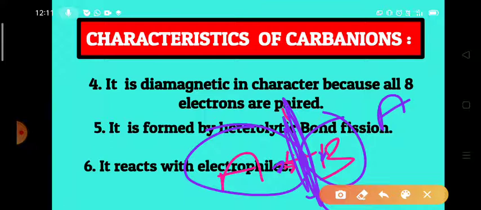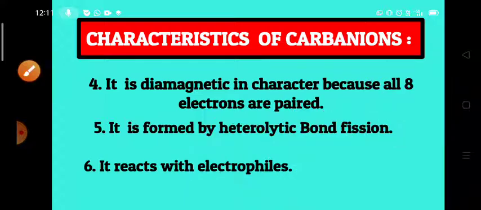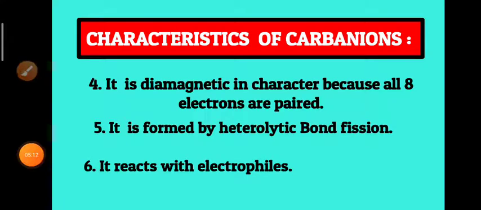But if the bond breaks unevenly and the electron pair goes to only one atom, then we get cations and anions, and such type of bond breaking is known as heterolytic bond fission. So we get carbocations and carbanions due to heterolytic bond fission. So here carbanions are obtained due to heterolytic bond fission,